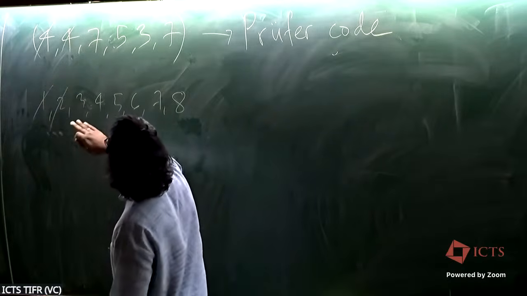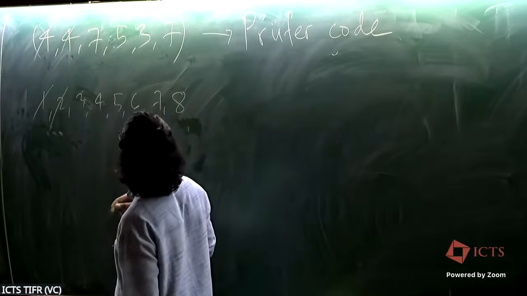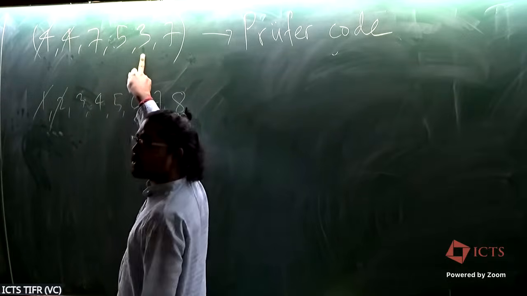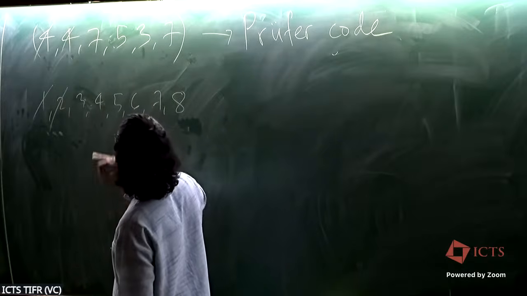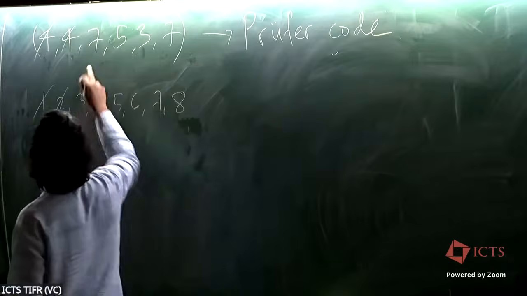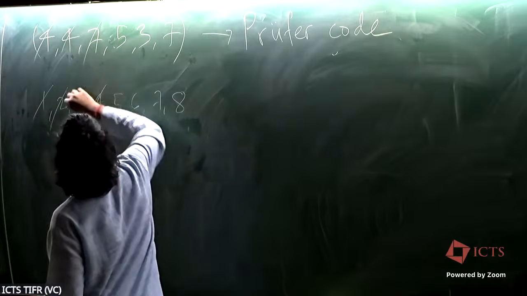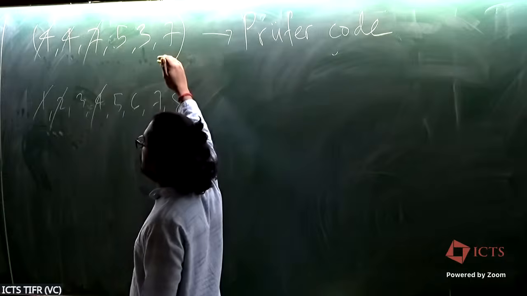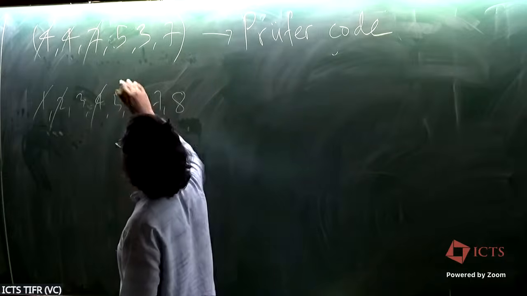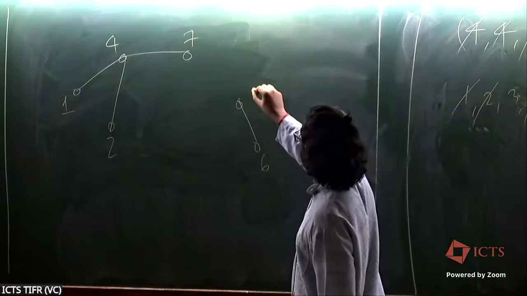So now this is reduced. What is the smallest element here which does not appear here? 3 appears, right? So somebody said 3, so that's not right. So 4 is there. So join 4 to 7. Then get rid of 4. Now you have 5, 3, and 7. What is the smallest element here which doesn't appear over here? 6. So join 6 to 5. They are not yet here, so let's just join 6 to 5.